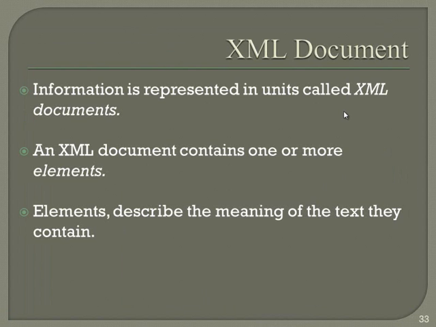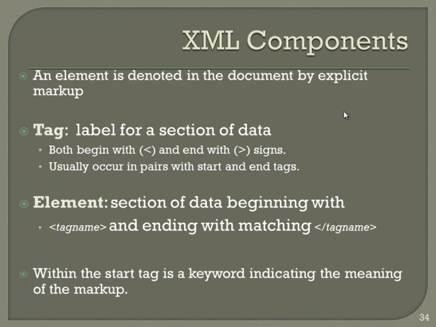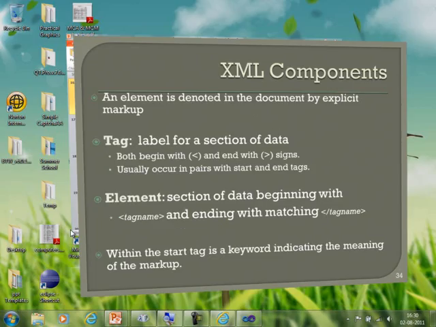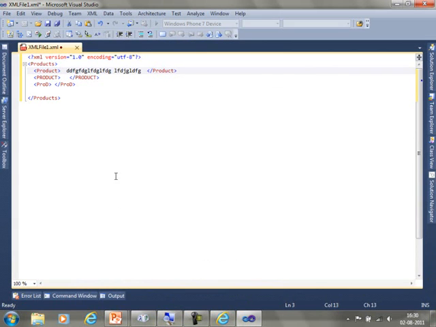with some names for that. Okay, how do you represent an element? Elements are represented by the tag, and the tag is nothing but something that is written between the open and closing brackets. And there is a very important thing, the tags must be closed. Now there are two ways in which you can close the tag.